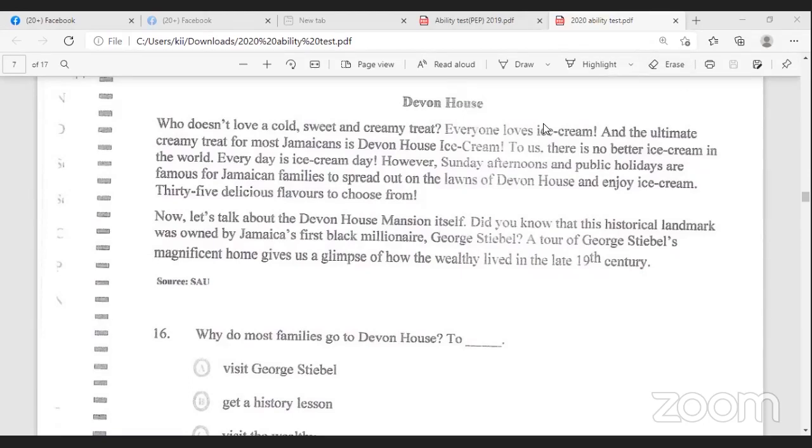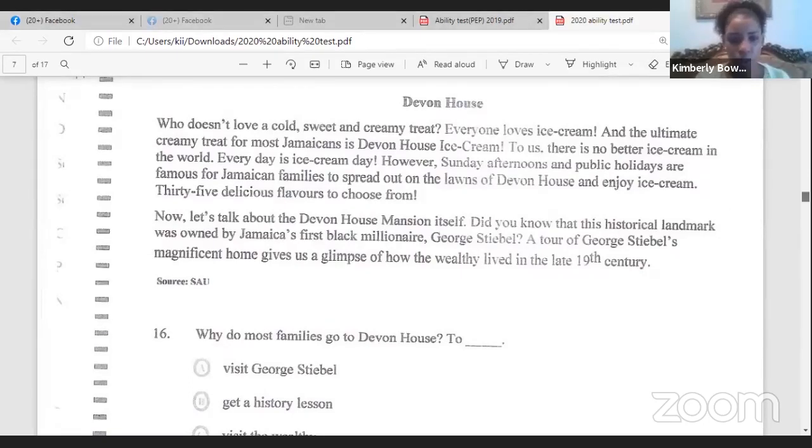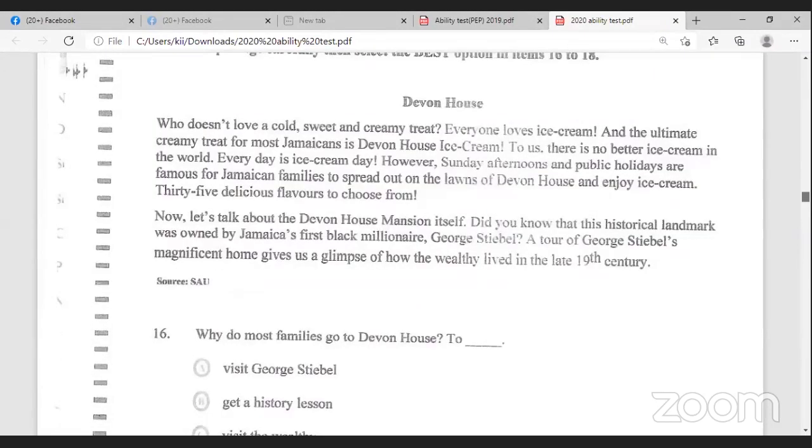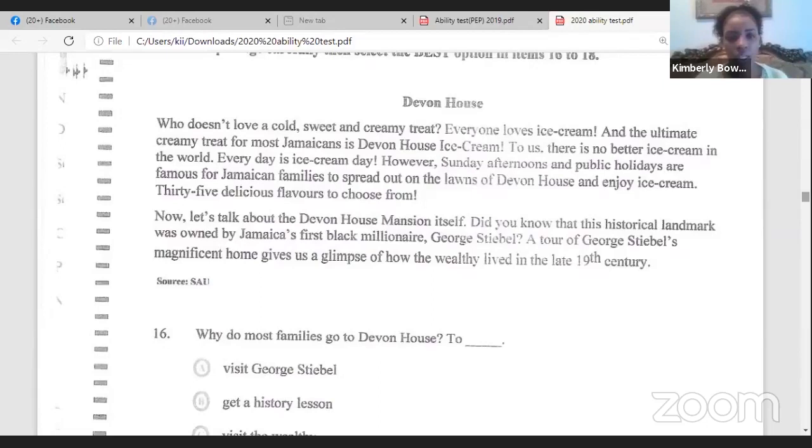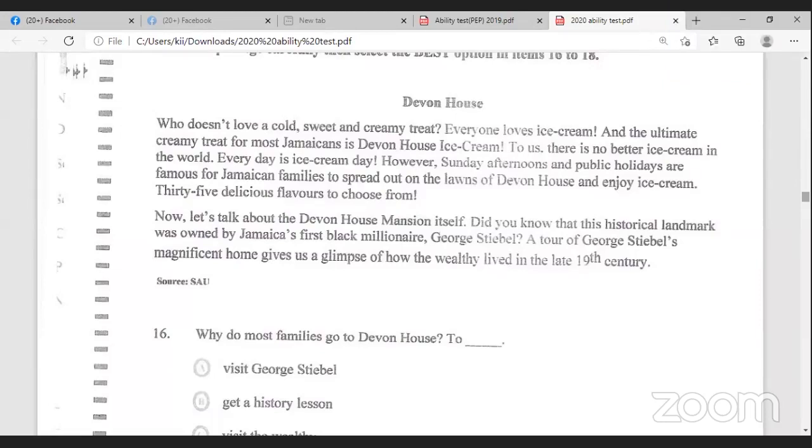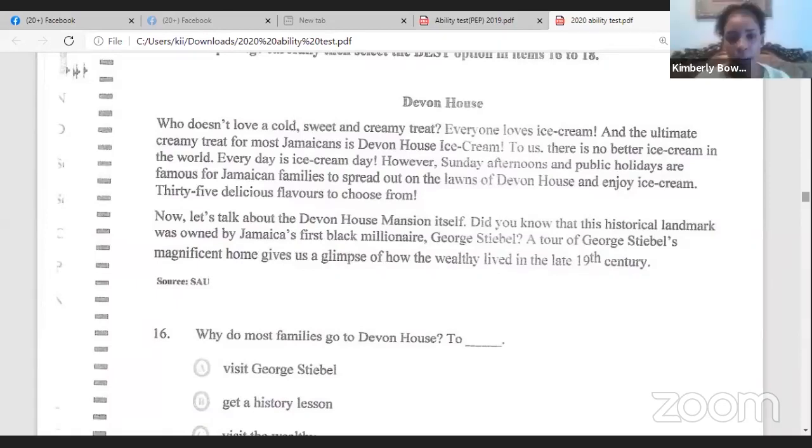So the question says, why do most families go to Devon House? So you're inferring, well, this is not the inference per se, but from the passage, what you're able to comprehend is that people are there at Devon House for the ice cream. However, in the second paragraph, it spoke about the Devon House mansion being a historical landmark. So therefore we can say that